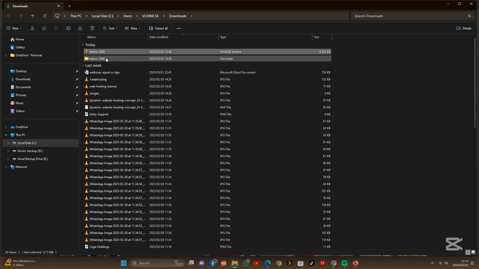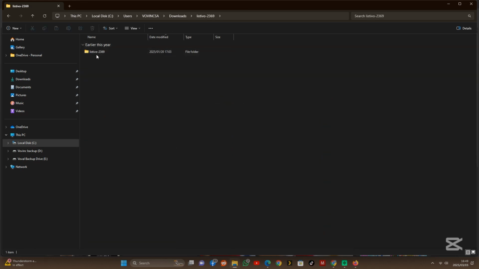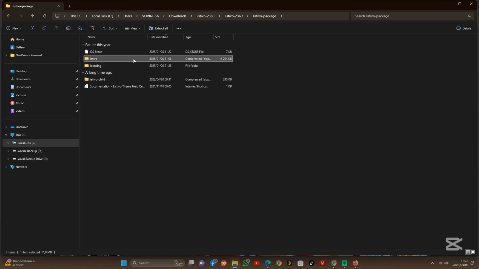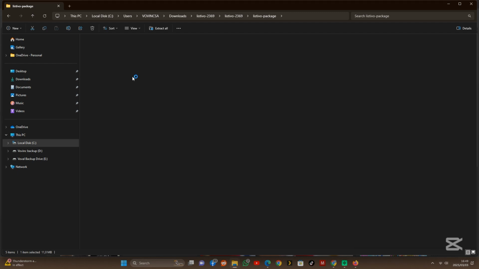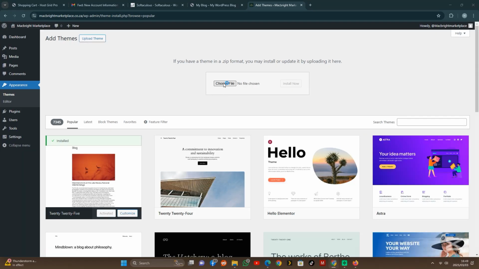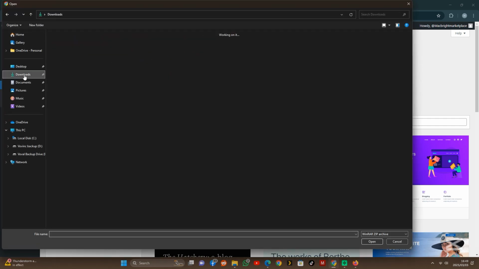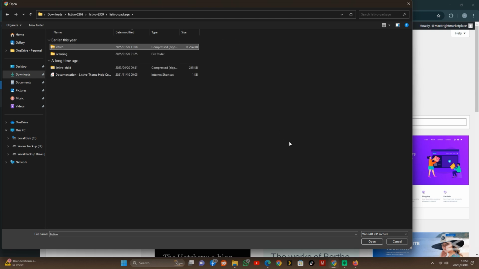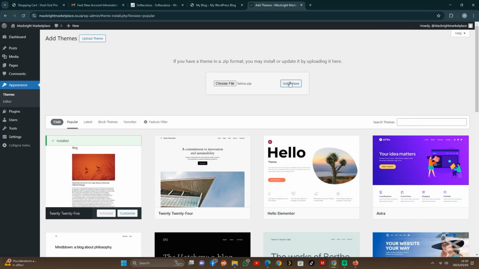And inside there we have the Listivo theme, and there is also the Listivo child theme. Okay, so we're just gonna go with the parent theme. Oh, sorry, I need to upload this. So I'm just gonna go back to my browser, choose file, downloads, Listivo package, and then we go with Listivo and click open, install, and then let it run and install the theme that we're going to use and customize for this